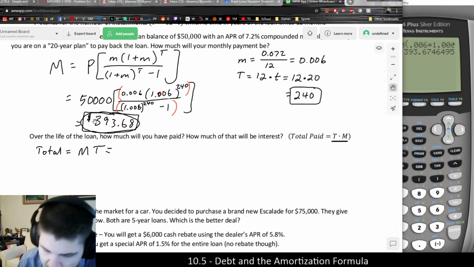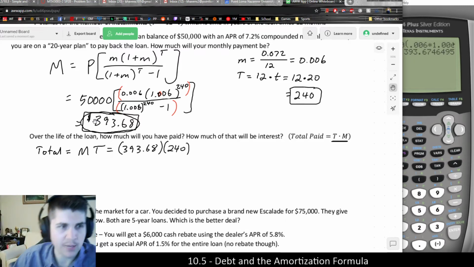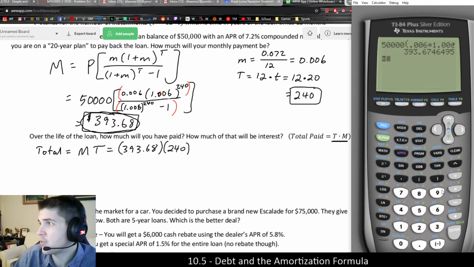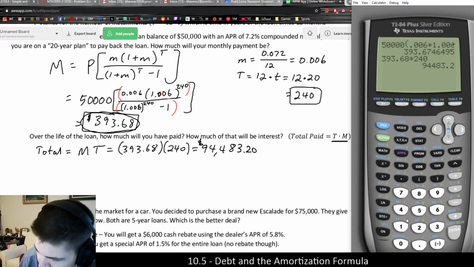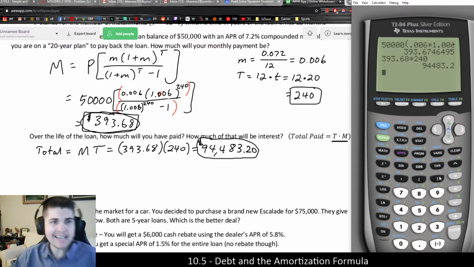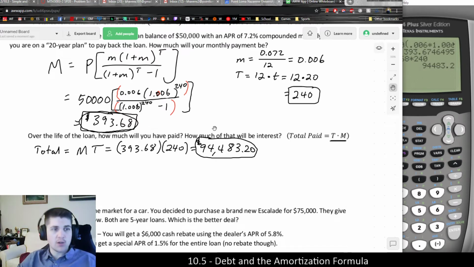But basically, okay, my monthly payment was $393.68, and then the number of installments we had was 240 in that 20-year loan. And if I multiply those together, 393.68 times 240, that would leave me with $94,483.20, which is basically how much I'm going to be paying in total for that loan if I do follow the